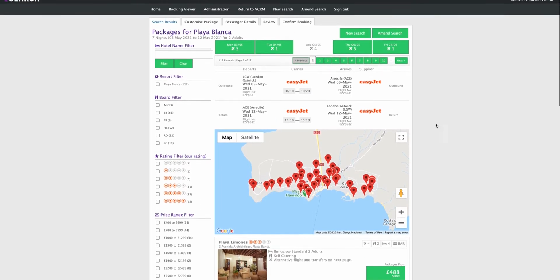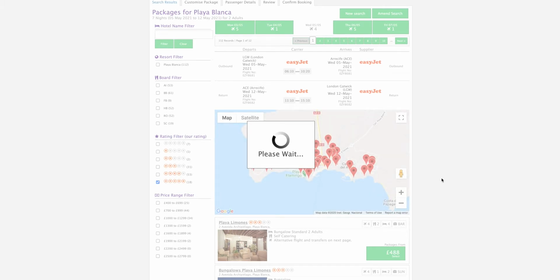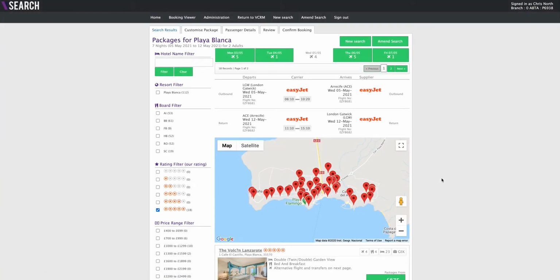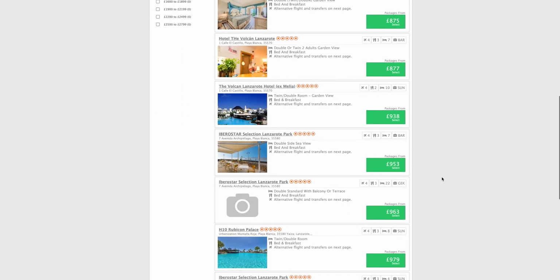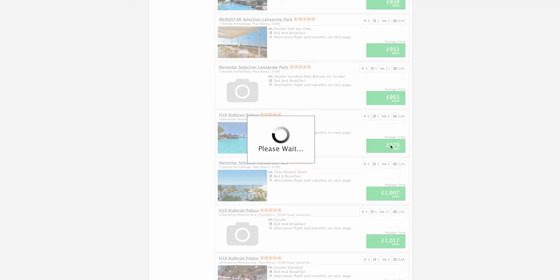I don't want to trawl through loads of hotels, so I'm going to use the hotel filter and filter out 5-star. And I personally like the H10 hotels in Playa Blanca, the Rubicon Palace. So I'm going to quote the customer that. So here's the hotel. If I select that property, the system will go through and offer me the content that's